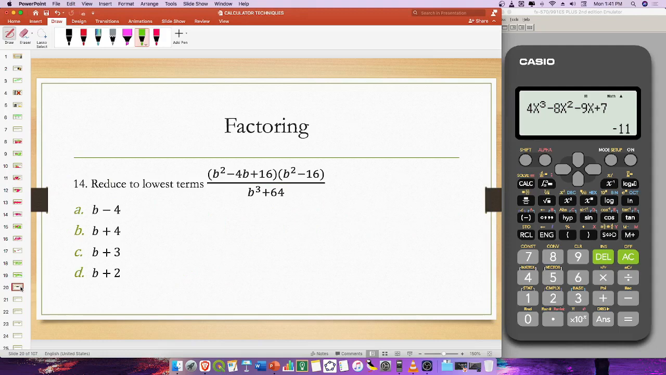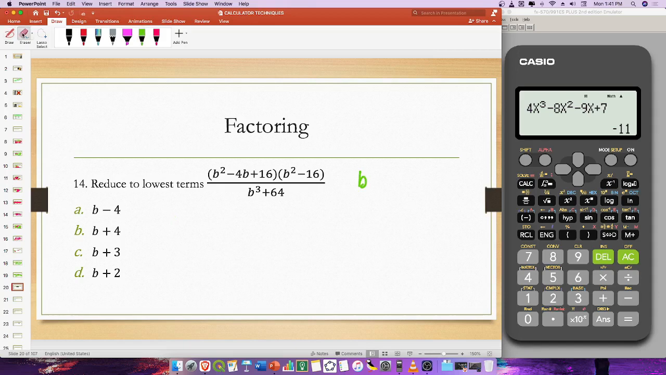Else, okay, factoring. How do we factor this out? Okay, we can easily factor this by just substituting the value of b with a certain value so that it will be easier for us to factor this out. Let's try. So by inspection,